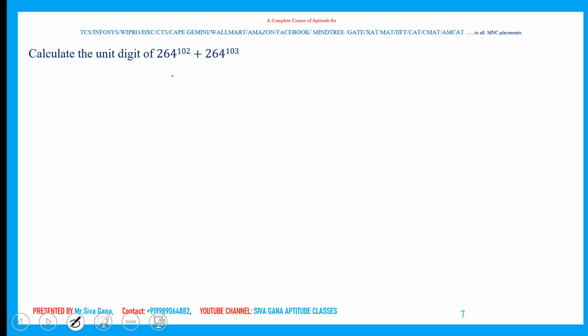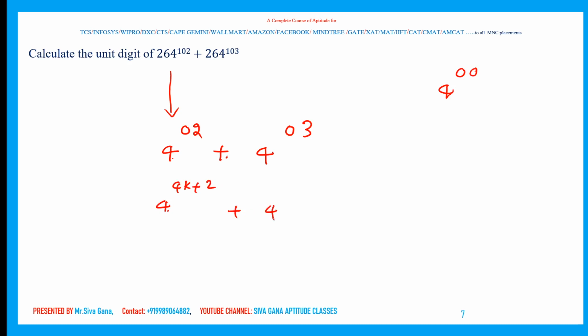Next question. It is in multiplication. Now see. Its unit digit is the same as 4 power 02 plus the unit digit of 4 power 03. Okay, fine. Now let us see. It is better to remember 4 power odd. This is nothing but 4 power 4k plus 2 form. This is nothing but 4 power 4k plus 3 form, right? So the unit digits are simply the unit digit of 4 square plus the unit digit of 4 cube.